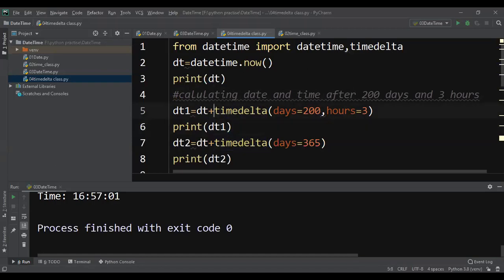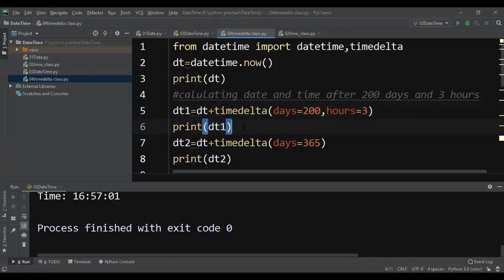In the timedelta function I'm giving days equal to 200 and hours equal to 3. From now onwards, after 200 days and 3 hours, what will be the date and time? So dt plus timedelta will generate the new date and time, which we are going to print here.